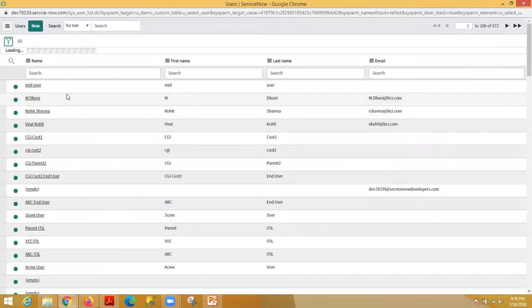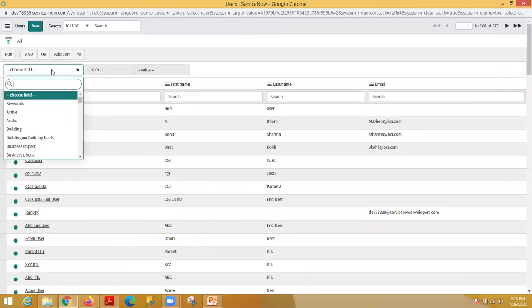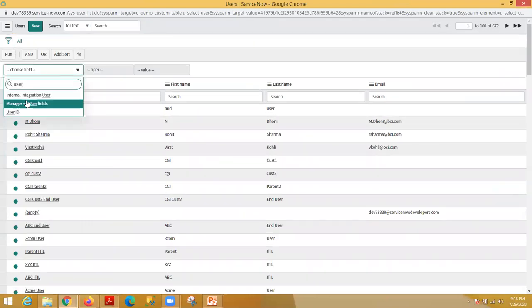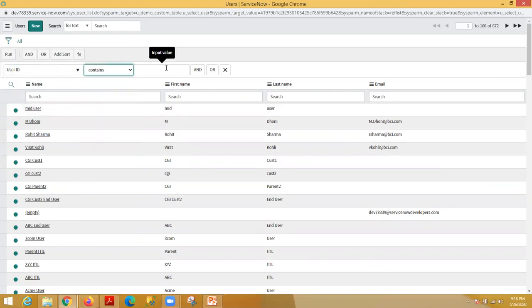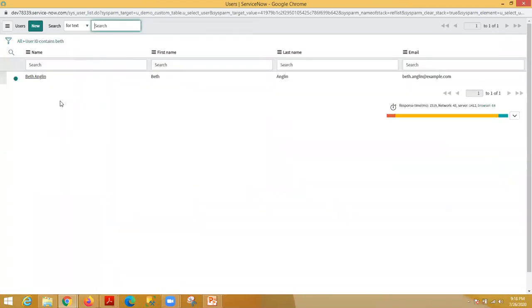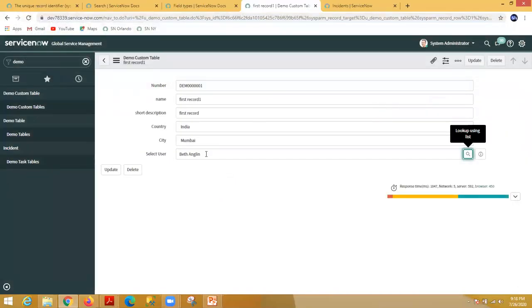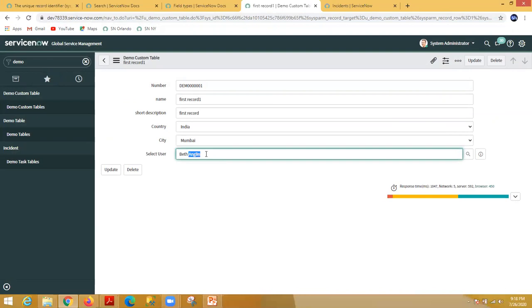You can apply some filter condition here, let's say based on user ID contains Beth, run. So only one record is returned. You can simply select this record. Now this Beth Angeline is selected from that reference table. Okay, now you can update this record.